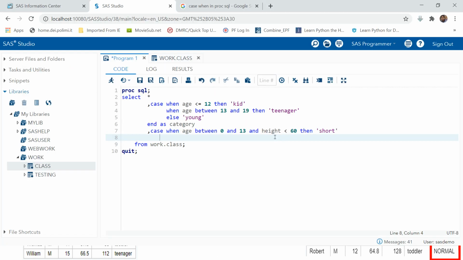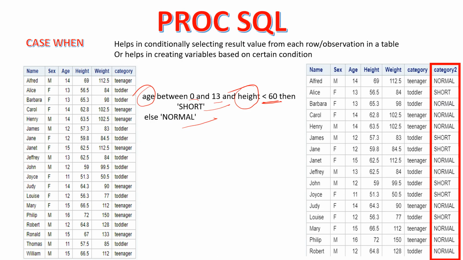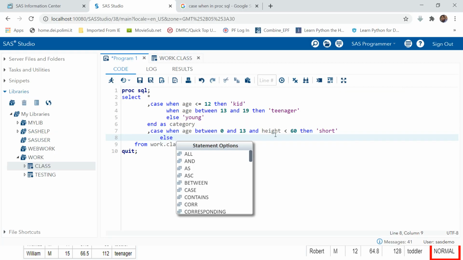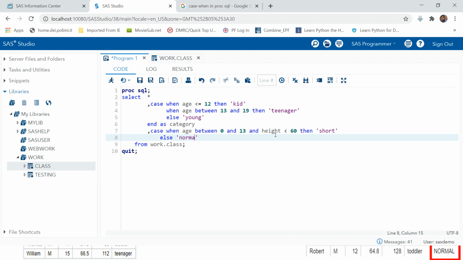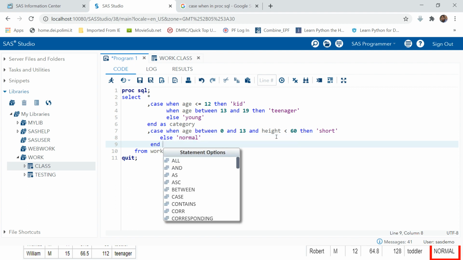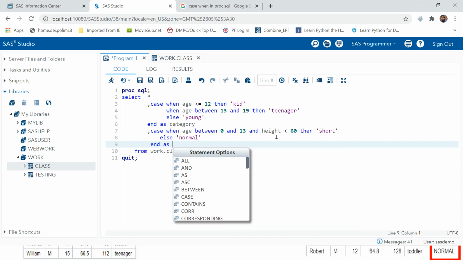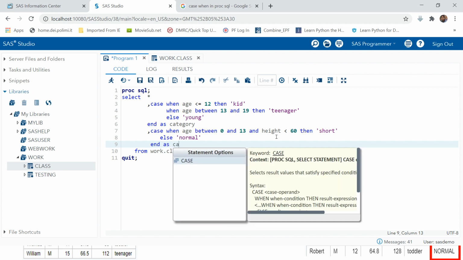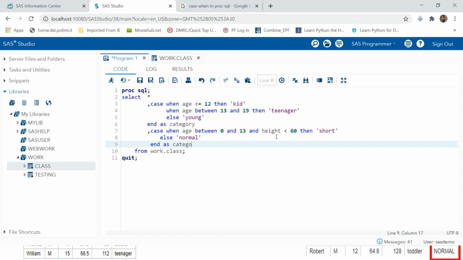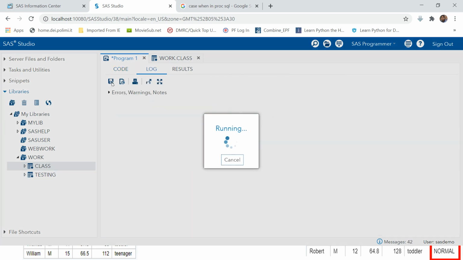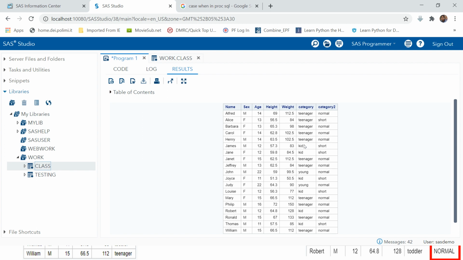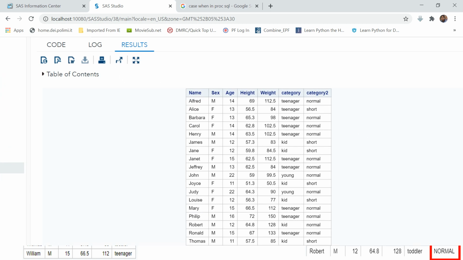If you want, you can put it, but in this example we have not taken that. Else, whatever is left out, we just need to mark as normal. As usual, end this with the end word, put as, and provide the variable name which should contain this value, which is category 2. Let's run this. Here we have the output which we wanted.